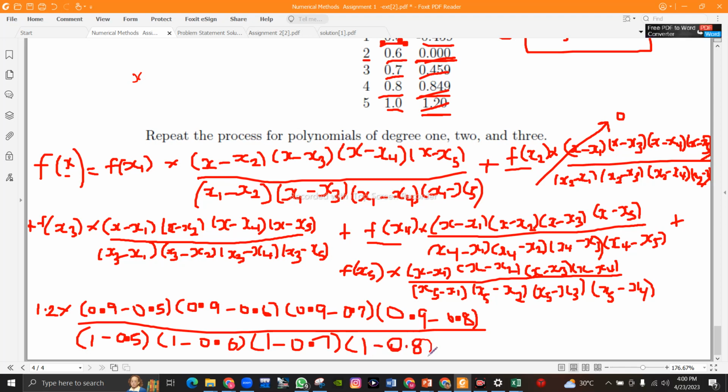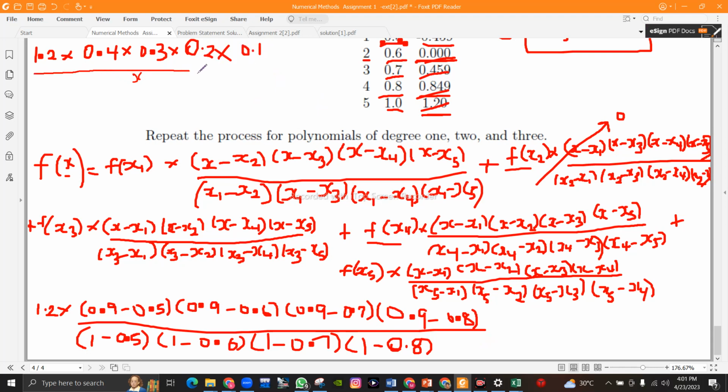So we do this, we're going to have 1.2 times 0.9 minus 0.5, that's 0.4, times 0.9 minus 0.6, that's 0.3, times 0.9 minus 0.7, that's 0.2, then times 0.9 minus 0.8, that's 0.1,